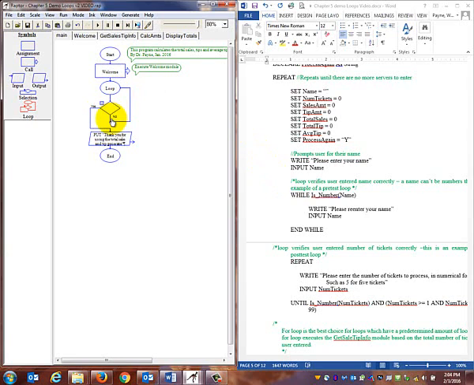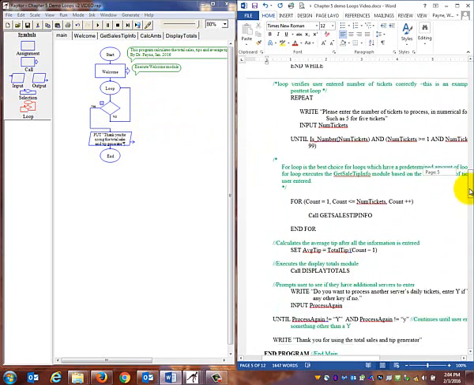That will determine whether it's a pre or post-test loop. A pre-test loop, my decision statement will be at the top and I'll have all my statements down here. My post-test, I'll have all my statements before the diamond or my decision statement. So now that I'm in my repeat, I'm going to come down to the end and I'm going to determine